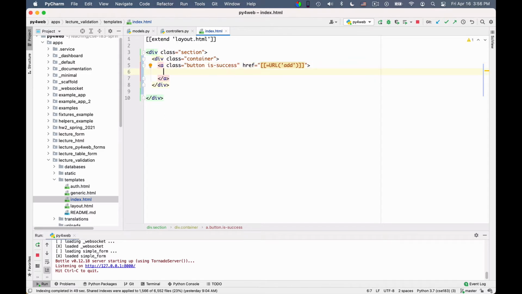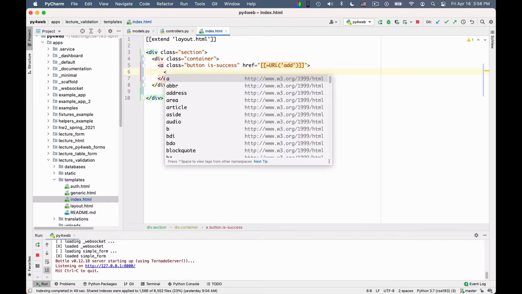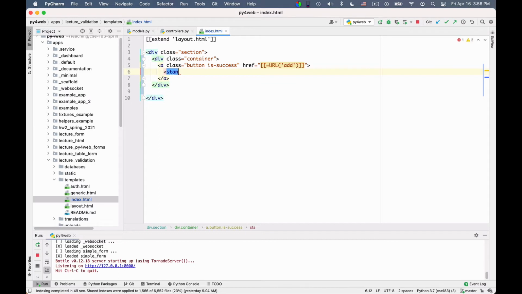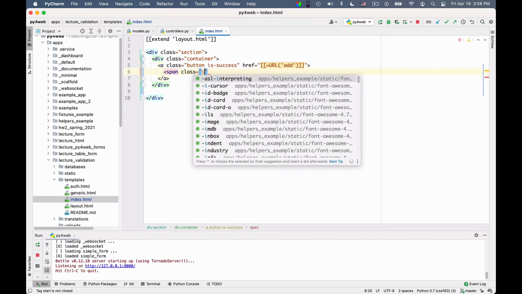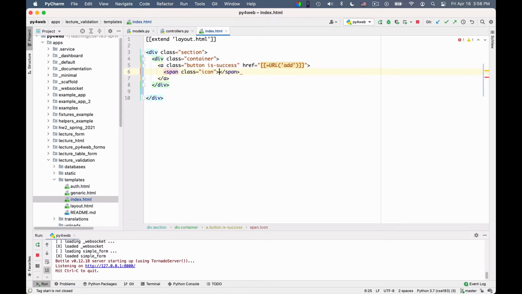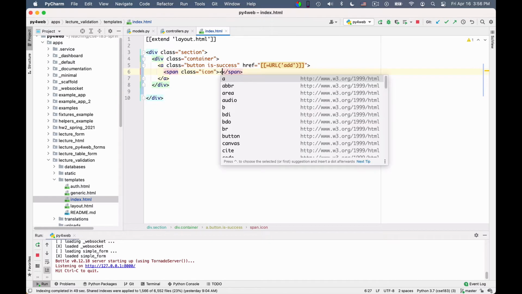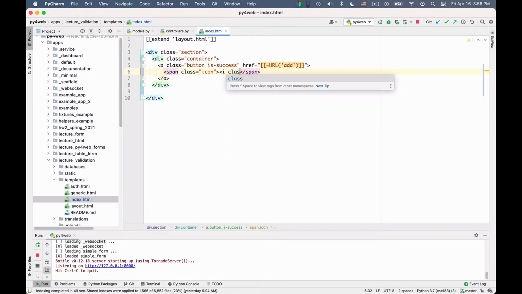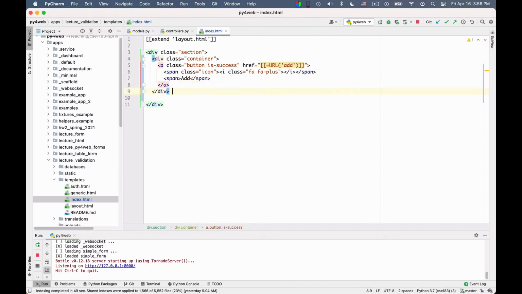Okay, and inside this tag I want to put two things: a span of class icon. This is to keep Bulma happy essentially, and inside it I put the icon, which is an I of class is equal to fa plus. This is a plus icon essentially. Okay, and after this I need to put another span again to keep Bulma happy, which will say add. Okay, so this should generate the button,